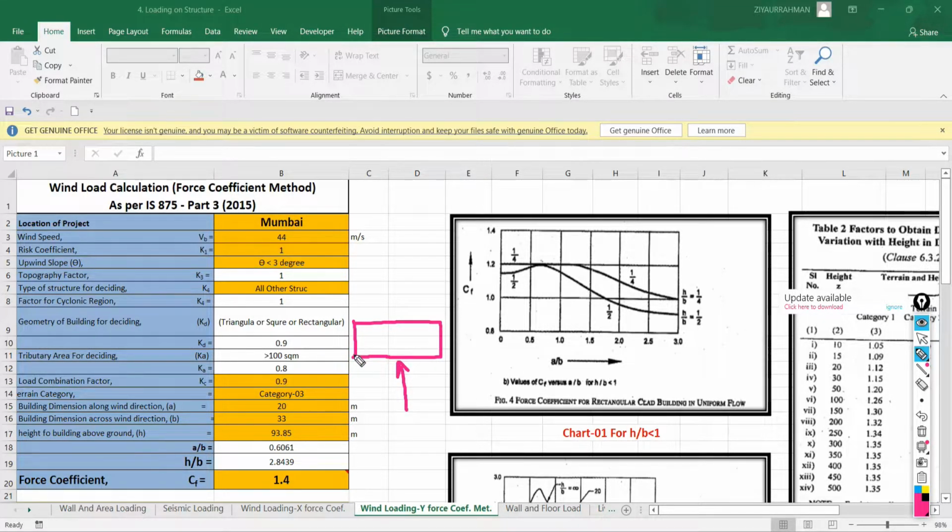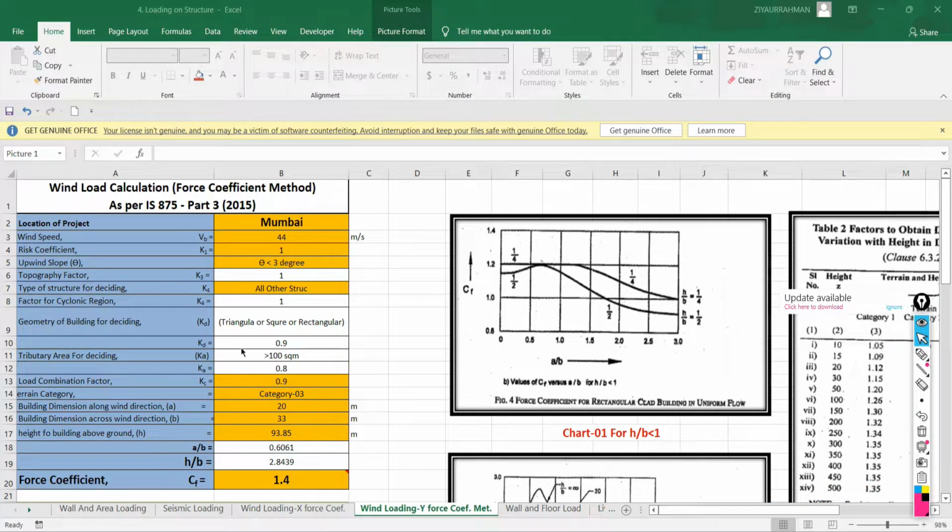The dimension of the building along the direction of loading, we have to take it as A. Very simple. And the axis or direction which is across this direction, we have to consider it as B.